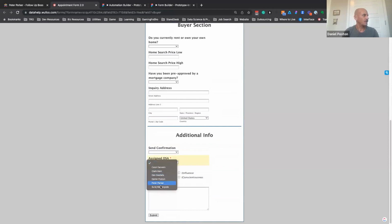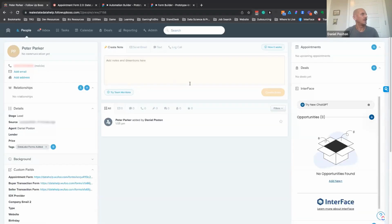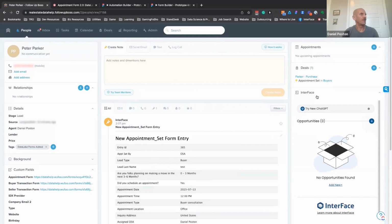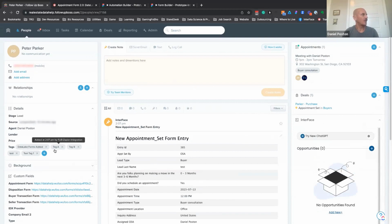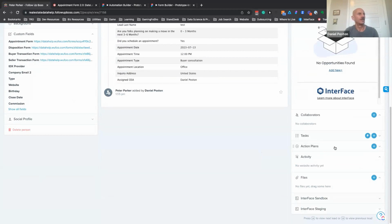Go down here to assign it, and we're going to submit. Now we'll get a note with everything that was entered on the form, a deal gets created, and then the appointment gets created. And over here, we're going to get some tags in a second. There are the tags. All of this can be dynamic. If it's a buyer appointment, we can do buyer tags. If it's a seller appointment, we do seller tags. We could update the contact stage, trigger action plans, and pause action plans. So if a new lead comes in and triggers a new lead action plan, and now you want that turned off when you set an appointment,